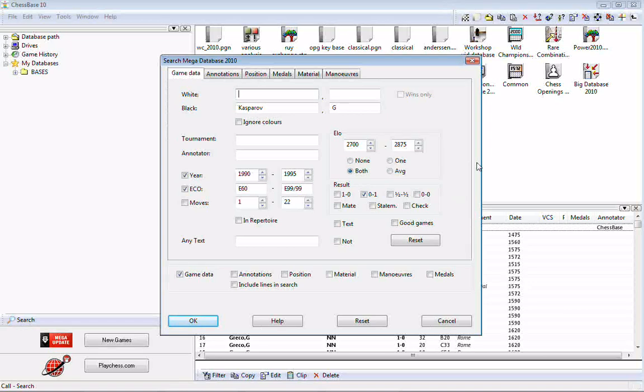Your very general searches, just to search for a player's name, will bring up a bunch of games. But you can narrow that search by asking for more specific information, but you can narrow it down to a point where you get literally nothing. So you just have to be very careful to ask it what you want to find, and don't put in extra information that's extraneous. Don't just click on stuff to throw in extra criteria to the search. Make sure that what you put in there is what you really want to get back out of the program,